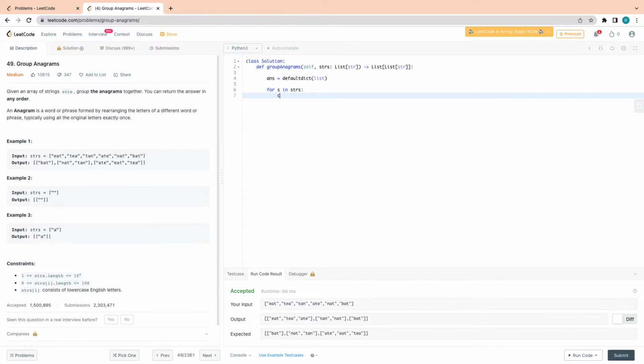Then I have to count, right? I have to create a count variable every time of 26 length, which will act as a key for my dictionary, right? So I have to iterate on every character of the string, and I have to find the position of a given character in this 26 length array. So the way we do it, to find the index, what we'll do is we use this ord function,